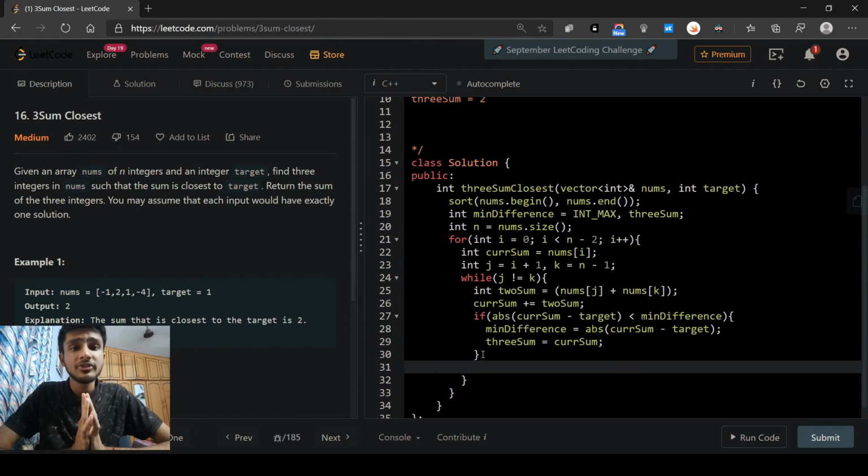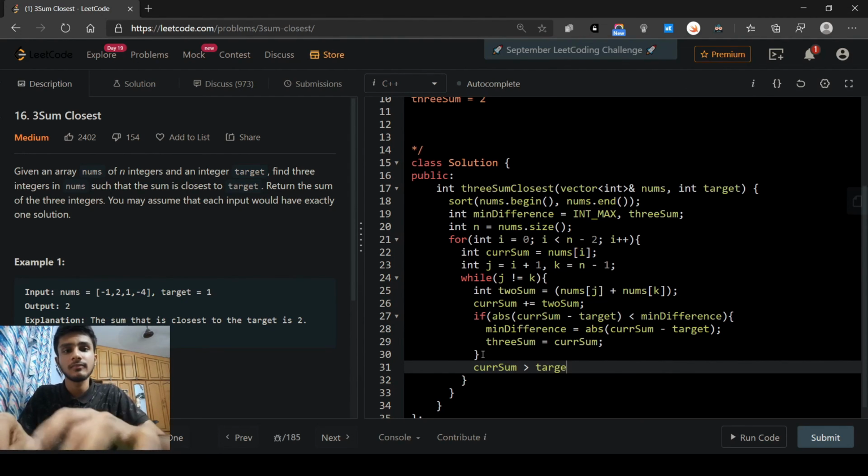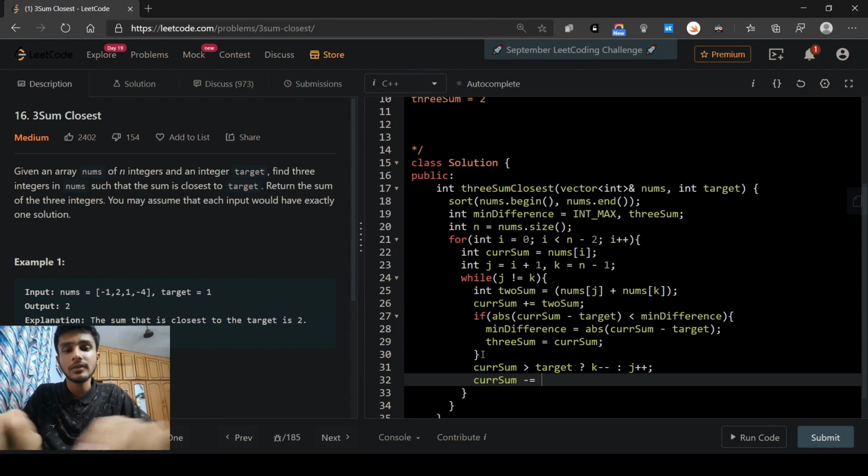Next, we need to check if our current sum is greater than target or lesser than target, so as to increment our j or decrement our k pointer. So if it is greater, what do we do? If it is greater, we need to decrement the k pointer, else increment the j pointer, and subtract the 2sum from our current sum.